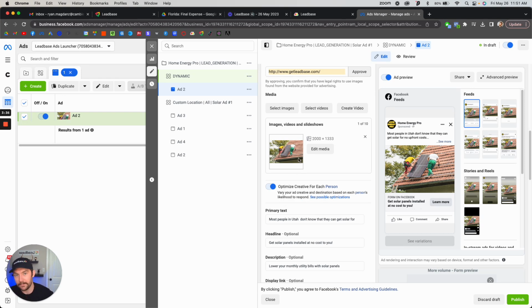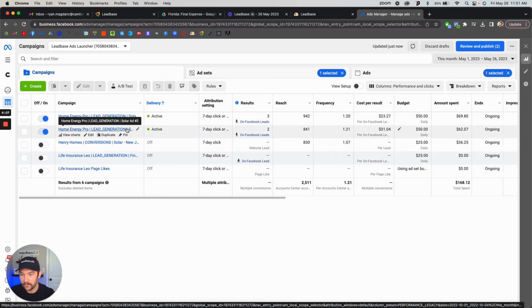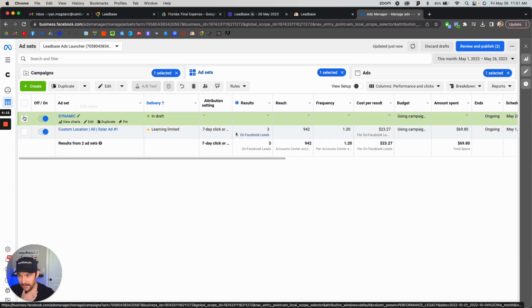The reason we don't do this right off the bat is that if we threw 10 different ad creatives and 5 different ad copies, which is the max you can do, as well as 5 headlines, we'd have way too many variables going on, including our targeting, and it would be difficult to read the data. So I like to start out by launching through Leadbase, having every ad separate, having one ad copy per ad set, which is what we've done. We have solar ad 1 and solar ad 2, in case you didn't see that. This is solar ad 1, this is solar ad 2, and those are different copies, but inside of each ad set there is multiple,